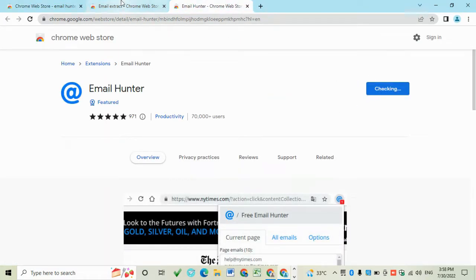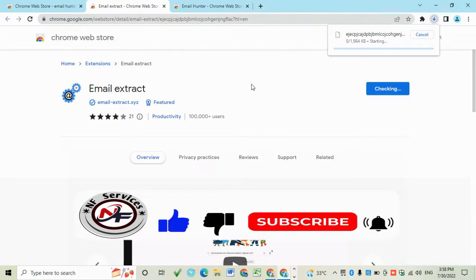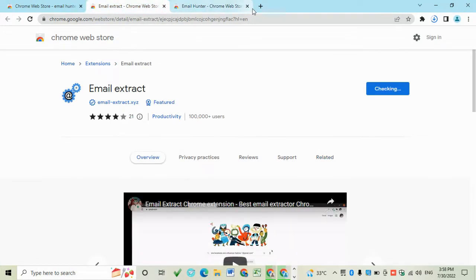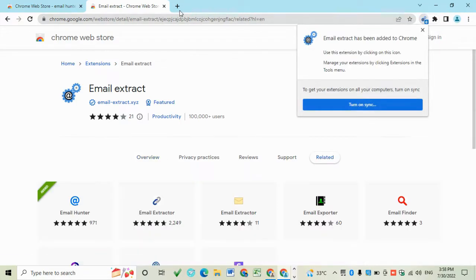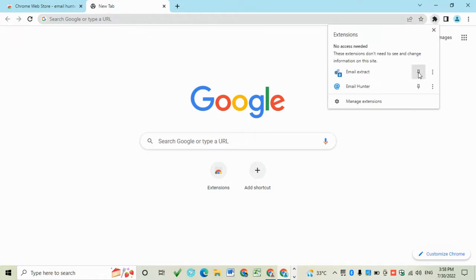I will add these two extensions and highly recommended to use these because these are very helpful. This is downloading and added this. So